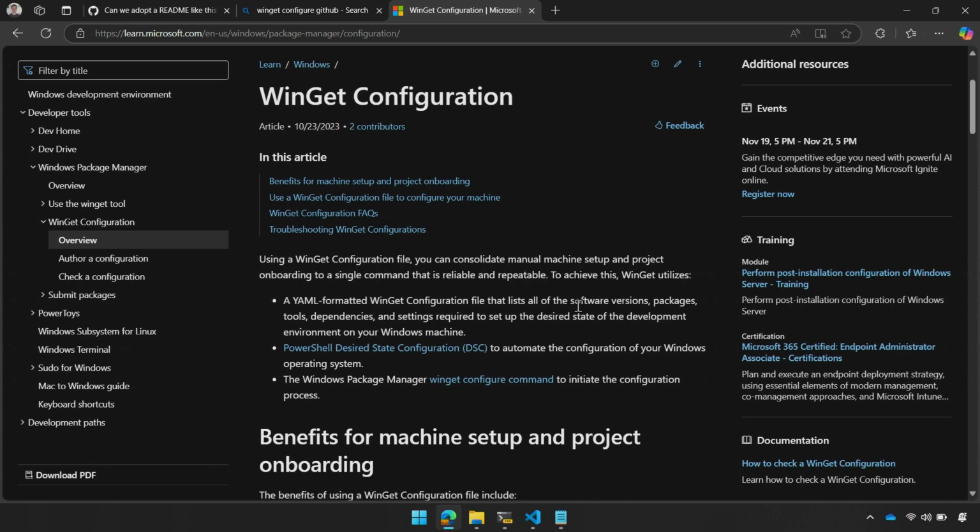I guess my question is about the workspaces for PowerToys. Are you able to share those with your team? Oh, I can answer that. Please do. So the question was, for the workspaces in PowerToys, are you able to share those with your team? The answer is yes, because in the backend it's written into a JSON file, so you can just share the JSON file.